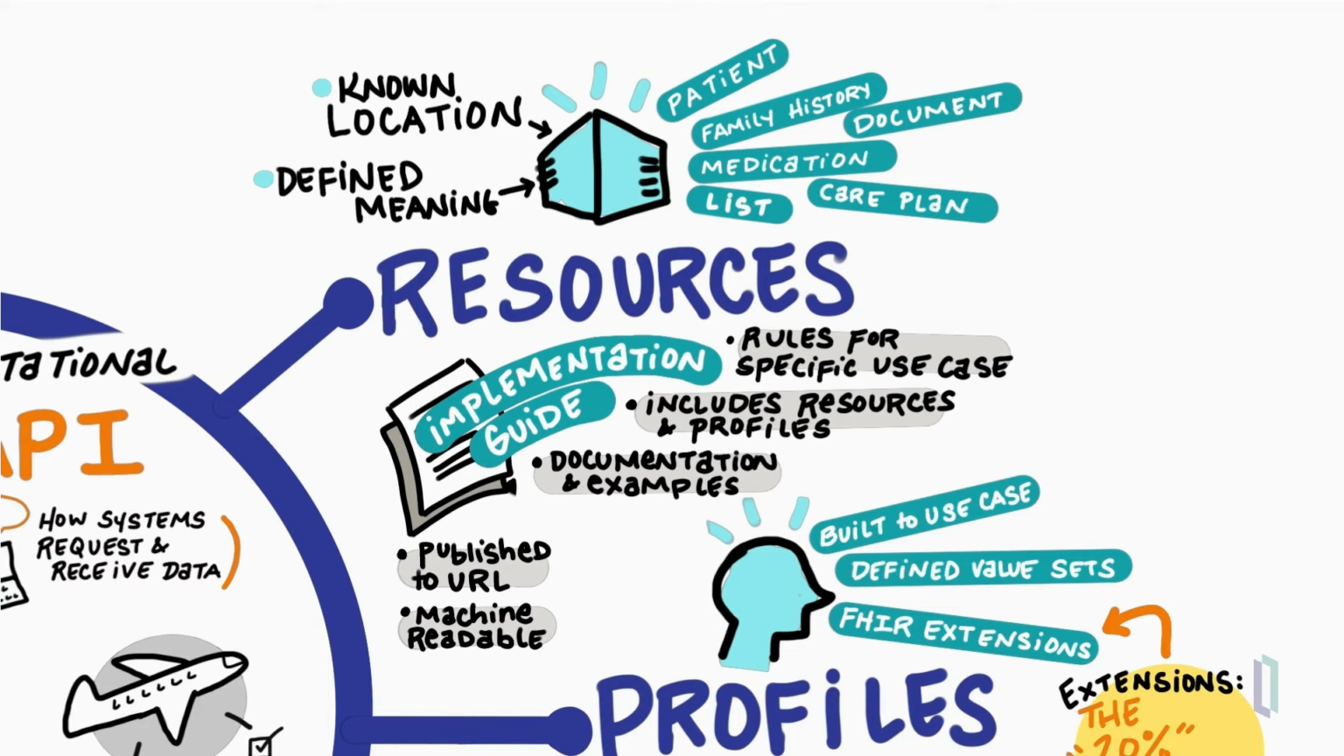There is also, in addition to that content, a human-readable description of what that implementation guide is used for and examples of how that implementation guide is used. And then those implementation guides can be published using a web publishing tool that's available on the HL7 website. So they are published to a URL that anyone can access and download that FHIR implementation guide